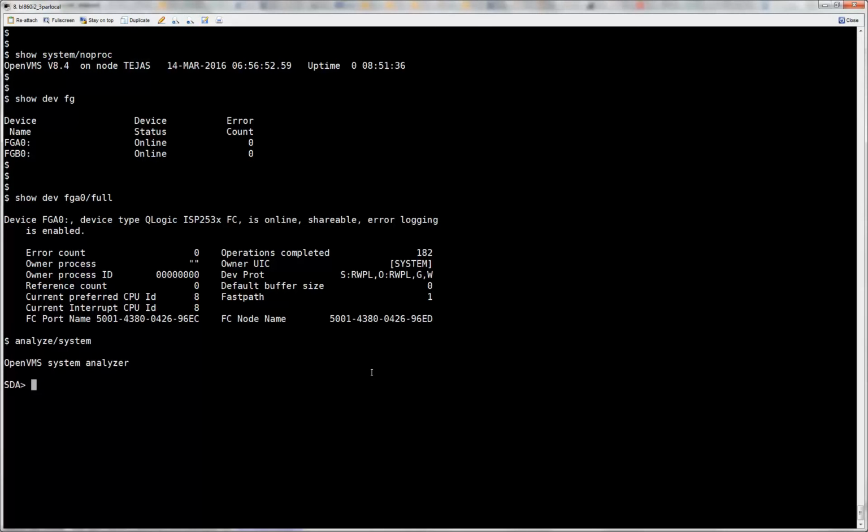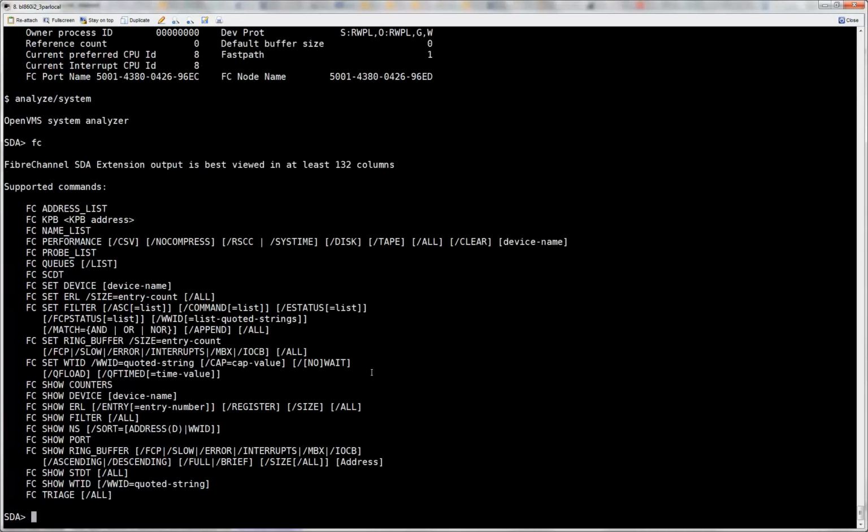There are extensions that belong to SDA. There is an extension called the fiber channel extension. This fiber channel SDA extension provides you a lot of details from the fiber channel device perspective, and it allows us to diagnose any issues that are there in the fiber channel device. Once the fiber channel device is connected to the system and we have made sure that the cable is connected to the fiber channel SAN and all the